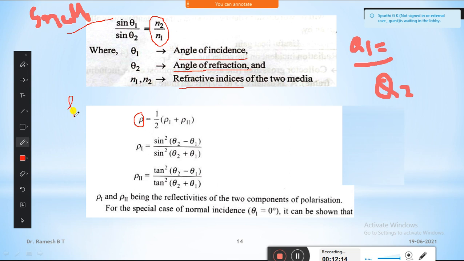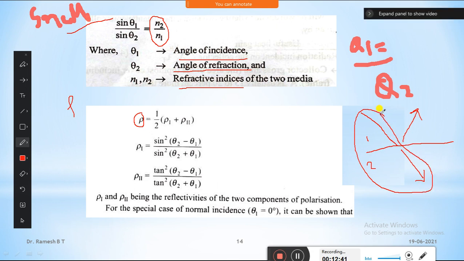We want only the angle of incidence and angle of refraction, because if the light strikes the interface between media 1 and media 2, this interface will allow some amount of the rays to refract, and some amount of the rays will reflect. So here we want only the incidence and the refraction, we don't want reflection.